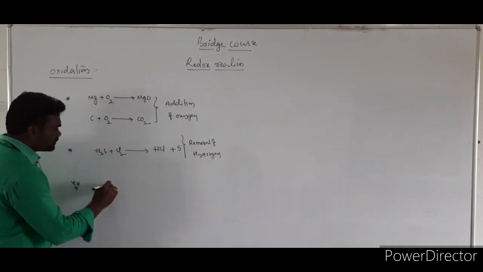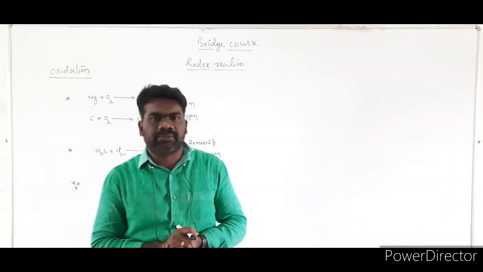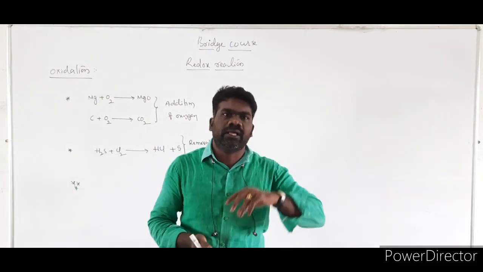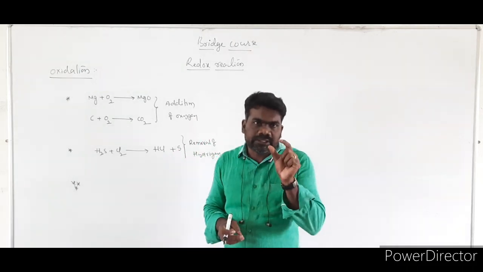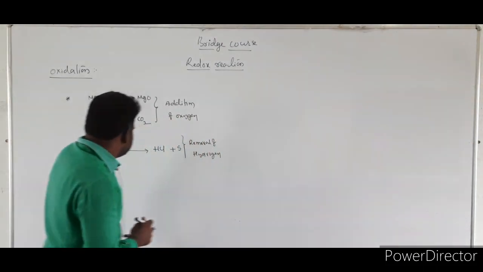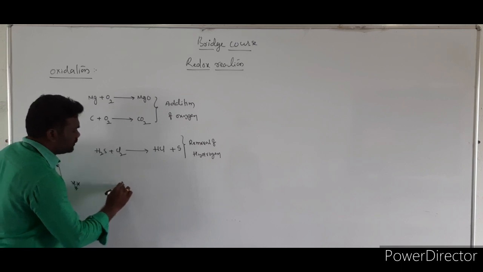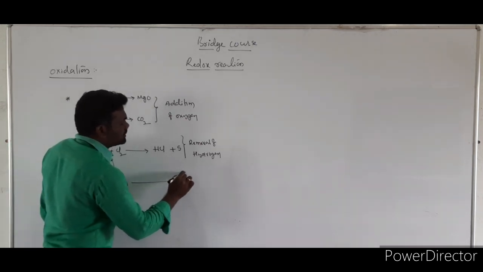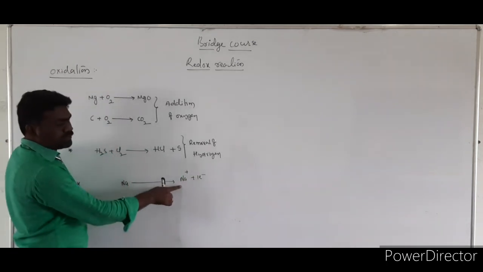That is increase in oxidation number. Oxidation number is nothing but the apparent charge or actual charge present on an atom in a molecule. Based on oxidation number, you can define oxidation. So oxidation is defined as an increase in oxidation number. I am taking sodium. Sodium will lose an electron. It is a metal ion. So Na plus will form, sodium converting into sodium plus ion.